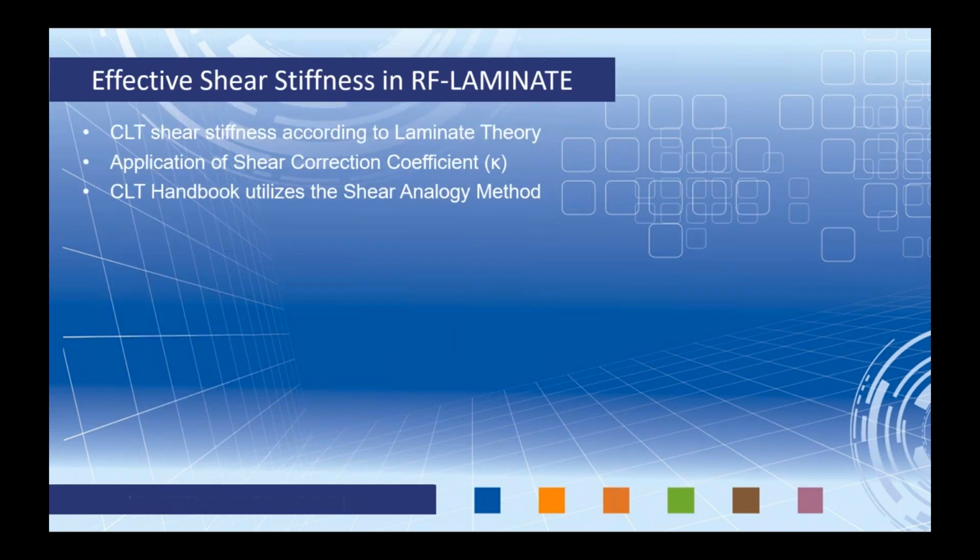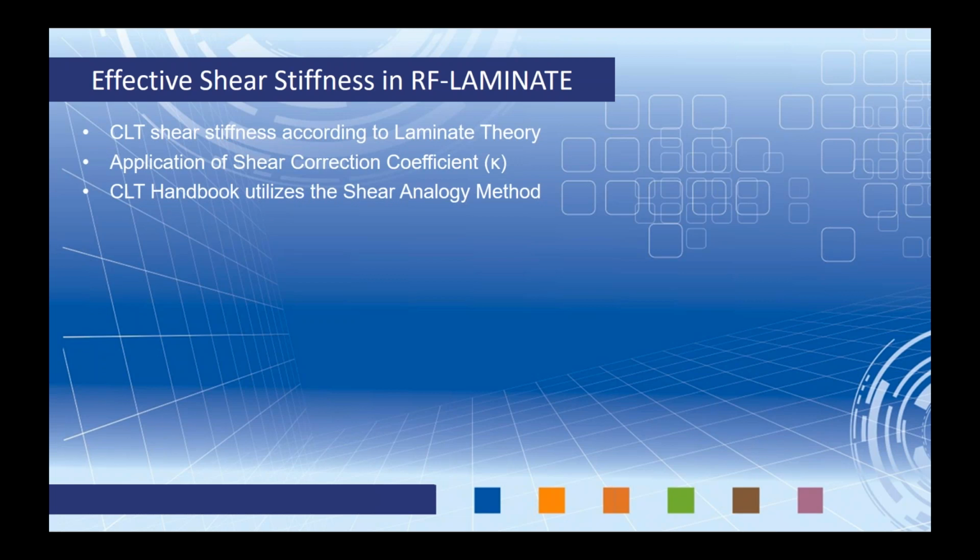Okay, so as far as the other two stiffnesses, K44 and K55, I want to briefly touch on this. These are actually not stiffnesses you'll probably be adjusting. And the reason why is that the CLT shear stiffness is calculated according to the laminate theory. And I actually just mentioned this with our deflection checks that were new within the 2018 NDS. So with this, we're going to apply a shear